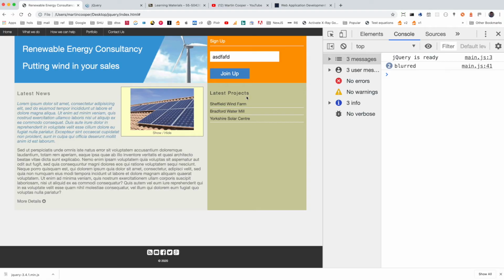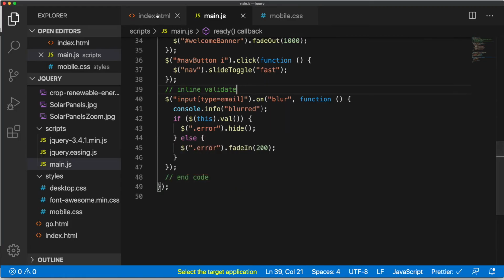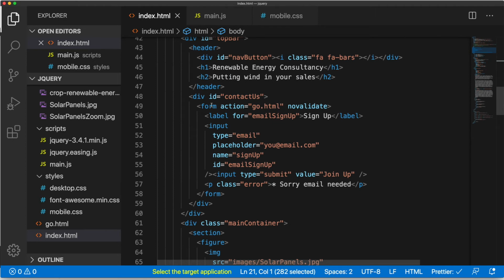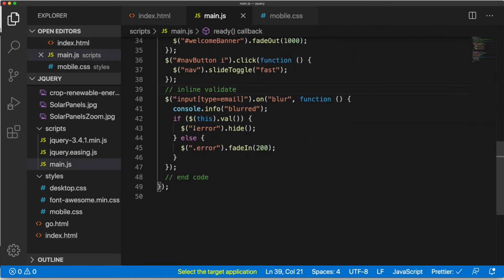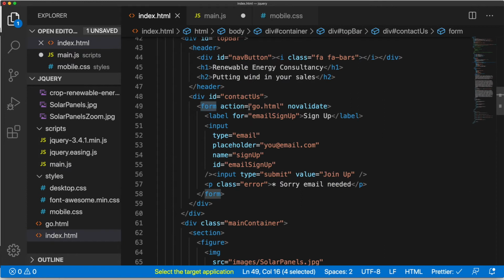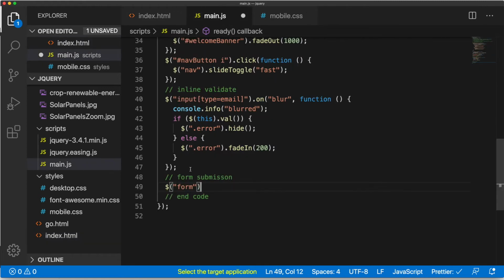So on form submission, I'm quite lazy here in this example because we've only got the one form. In terms of the selector for this, you might want to give your form an ID to be more robust if you've got more going on. But lazily I could just use the form selector. In reality you would probably give this an ID. Let's call it contact form. That would be more robust. So let's make that